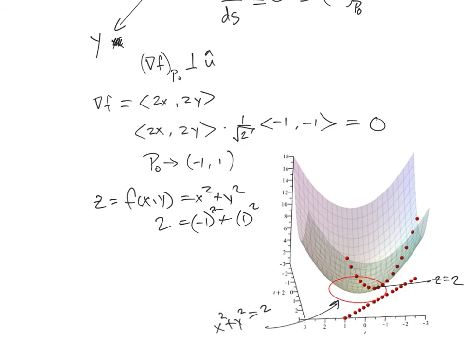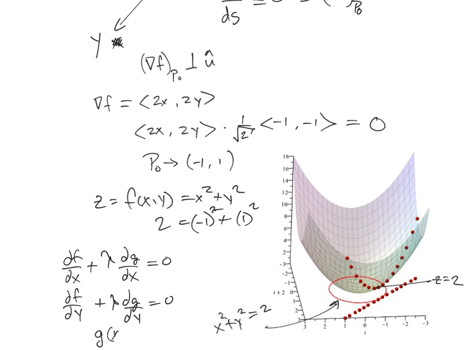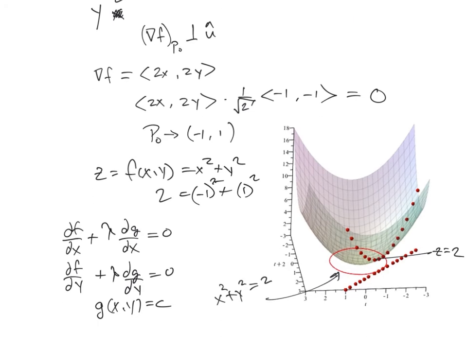So we found it without the Lagrange multiplier. It'd be very good practice for you now to do this with the Lagrange multiplier. Make sure you get the same result. You've got three equations: f x plus lambda g x equals 0, f y plus lambda g y is equal to 0, and g of x, y is equal to c, right? That last one in this case is just going to be